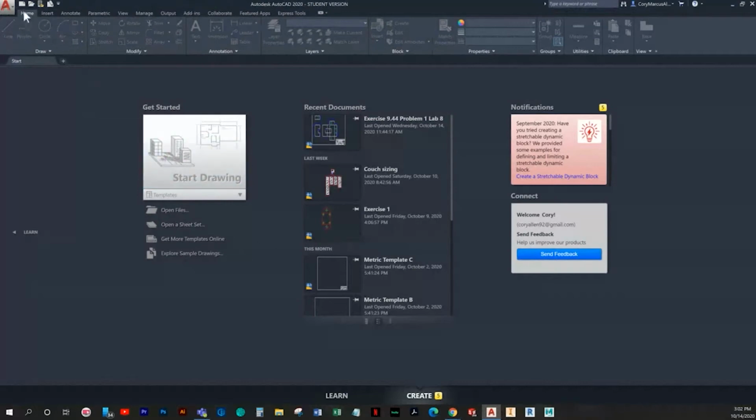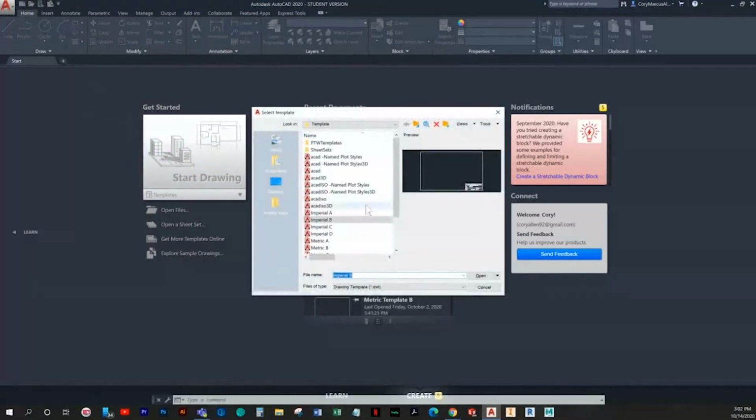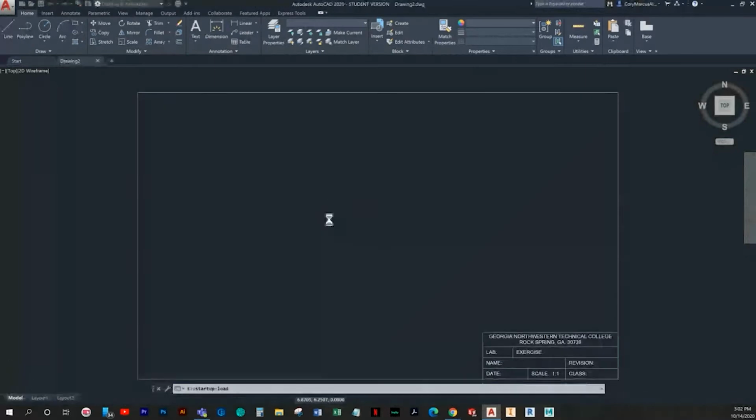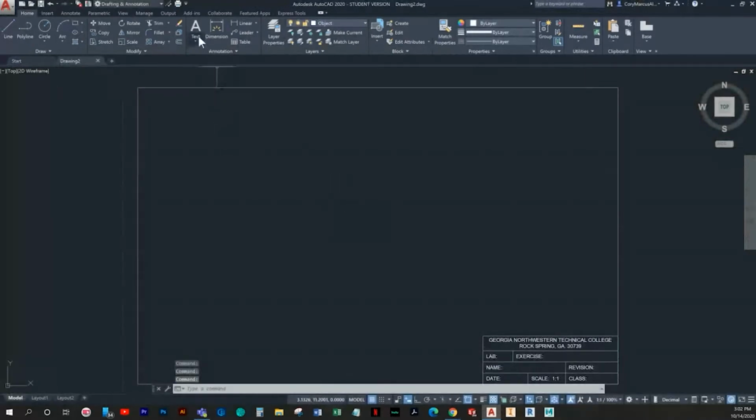Hey there, everybody. Today we're going to work on Chapter 7, and it shouldn't be too long. It's mostly just going to be text formatting and then a few drawings, so we'll get right into it. So the first one, Exercise 1, is going to just be some text boxes, and